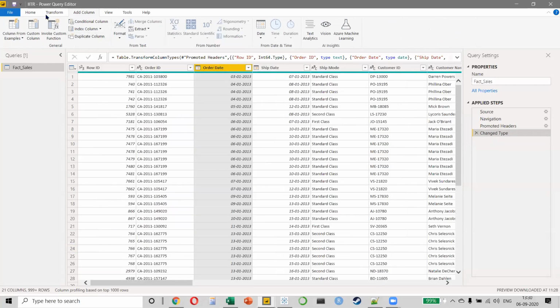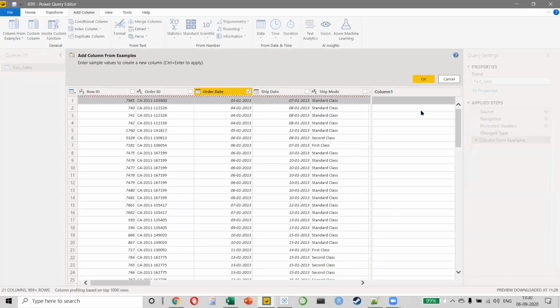I've shown you two options. The third one is you can go to add column and select column from examples. That means I don't want to explain to Power Query what I want. I want Power Query to automatically do it for me. Please, it will make more sense when you see it in action. I've selected the column called order date. We click on column from examples from selected column. And now I'll give it a sample.